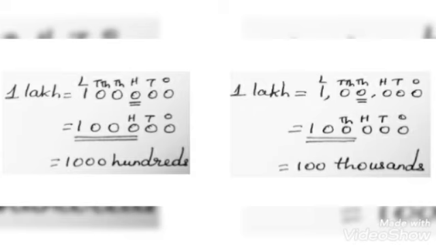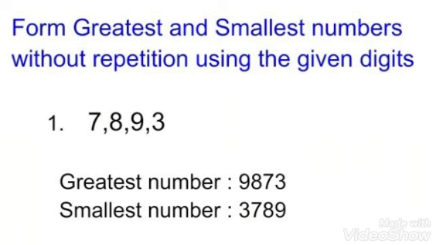See in the next picture, 1 lakh should be expressed in thousands. So the places should come till thousand. So ones, tens, hundreds, thousand. How many thousands are there? 100,000. So 1 lakh should be expressed as 100,000. If we express it in hundreds, 1 lakh is expressed as 1000 hundreds. You try it with the other one, also with a crore. Write it and see for crore also. You will get this answer.